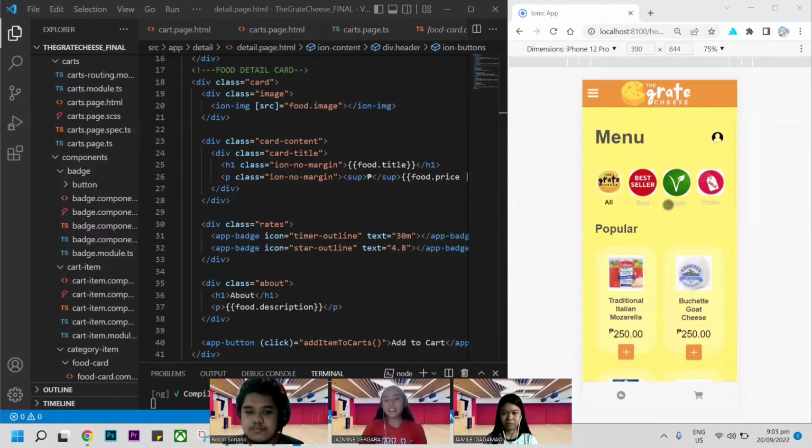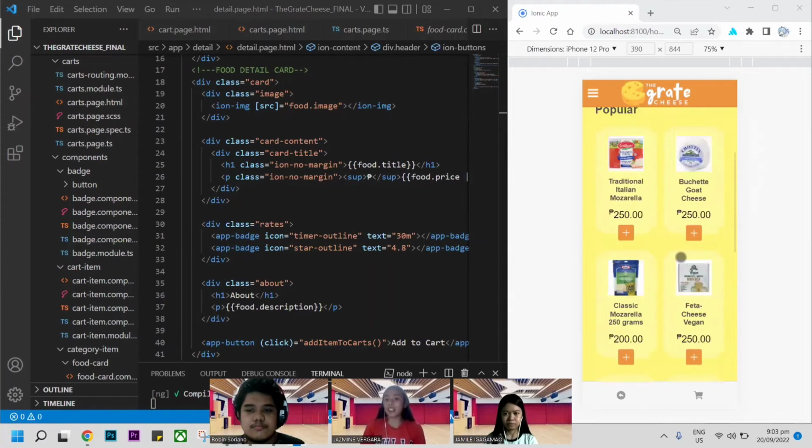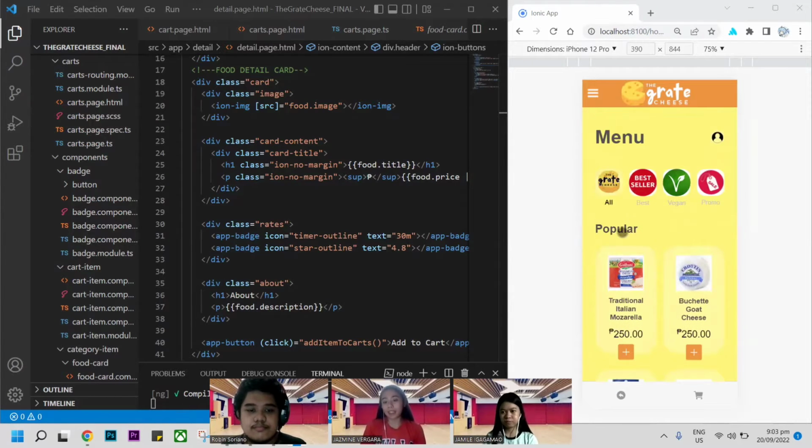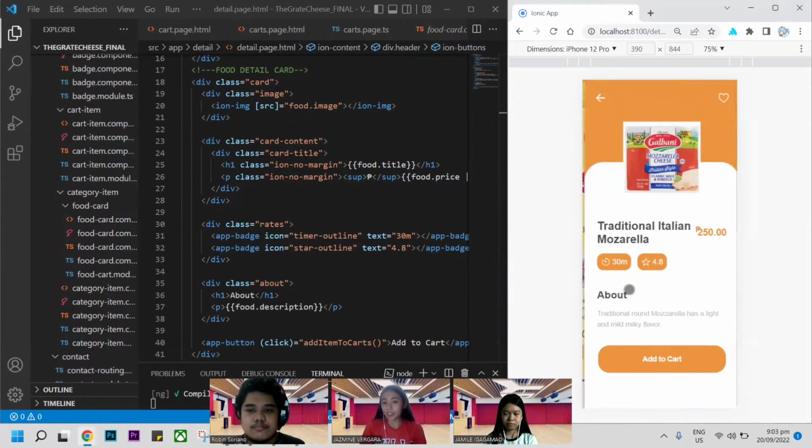On our interface, you can see the 4 categories above, which are all, bestseller, vegan, and promo. These categories are included in the app-categories-item component. Below are the food cards, which consist of 10 products, and these food cards are in the food-card-item component. So if we click a food card for the item,